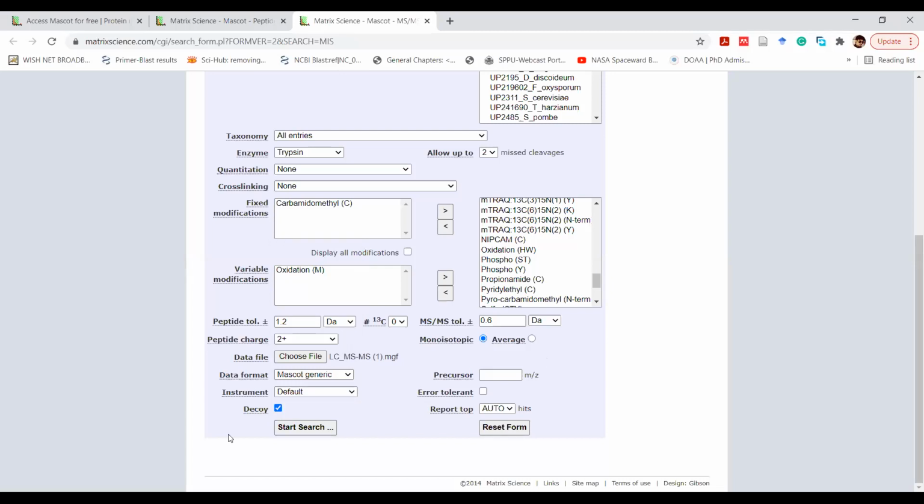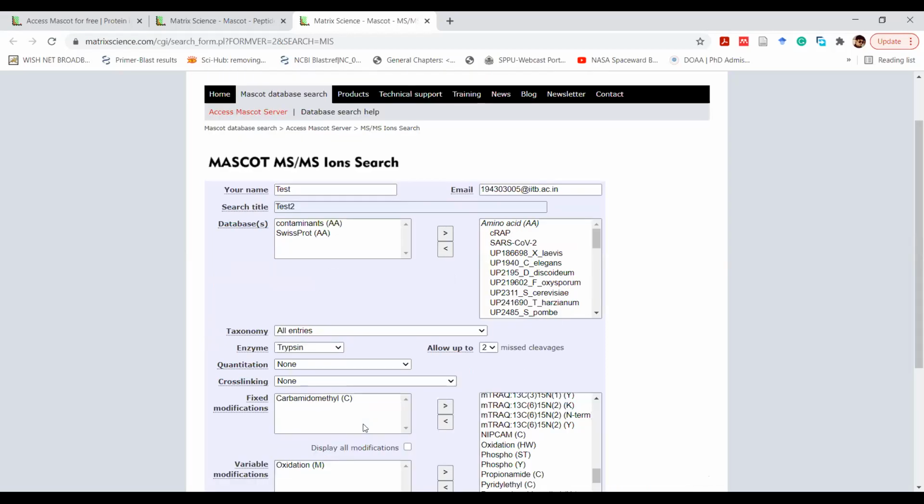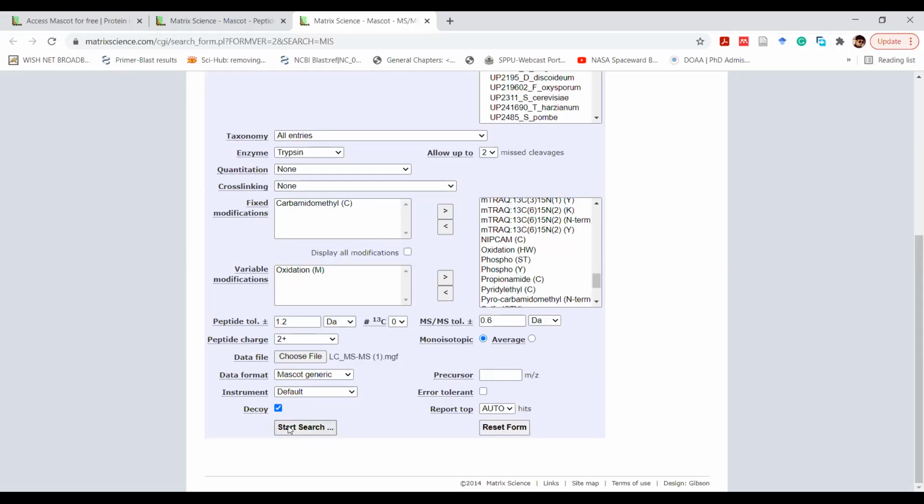The reason is that sometimes the sequences might end up getting reversed, so to not accept those reverse sequences, we generally put the decoy so that the search engine won't consider reversed sequences. In a similar way, we integrate contaminants. The rest are all defaults. If you are done, we can move on to start search.